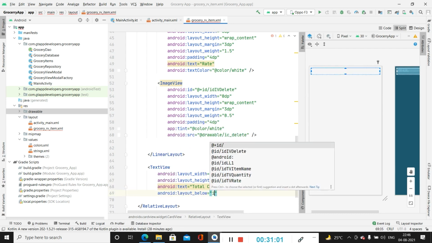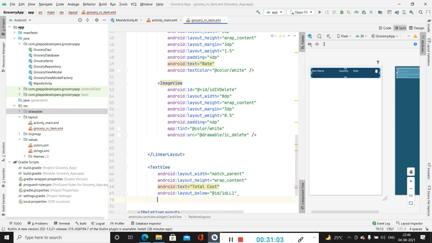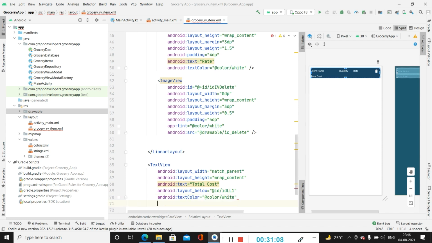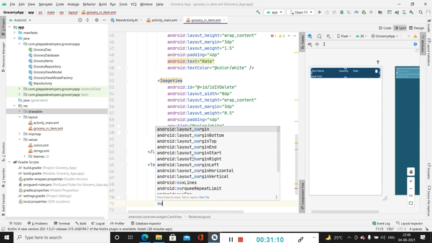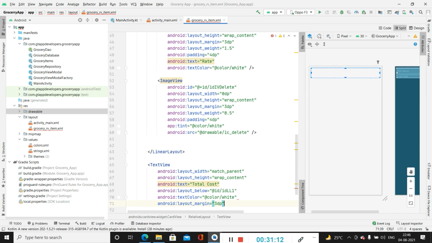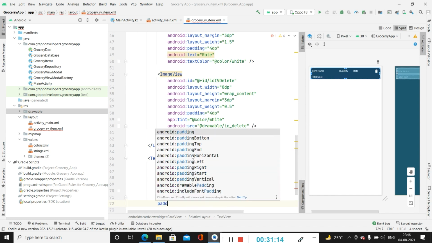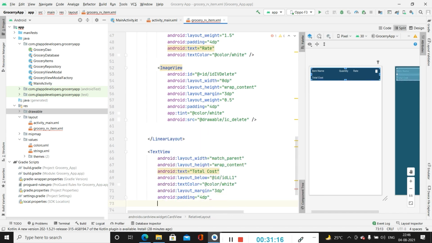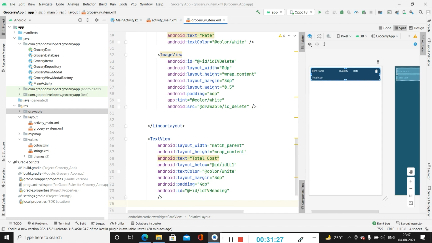We will be aligning it below our ID ll1, text color as white. We will be adding margin as 3 dp, padding as 4 dp, adding the ID, heading as it is a total cost heading.